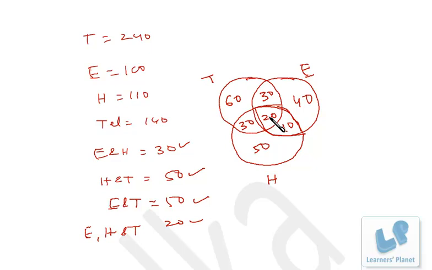This 20, they are speaking Telugu also, but they are definitely speaking Hindi and English both, right? So if you are asked how many persons are there speaking Hindi and English both, it will also be included, right? How many people are for Telugu and English? This is 50. Already we know, right? How many people are there who are speaking only Telugu and English but not Hindi? So that's this 30, because these 20 are included in the circle of Hindi also. Okay, so only Telugu and English is 30, only Telugu is 60, only Telugu and Hindi is 30,